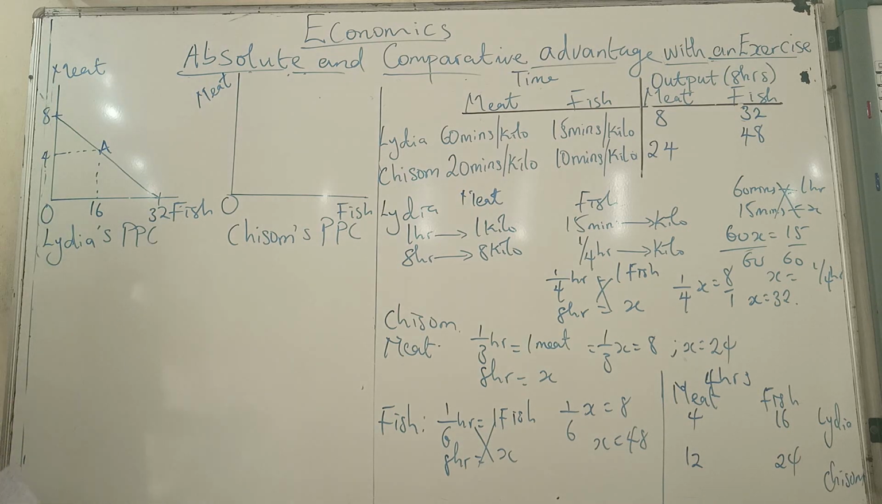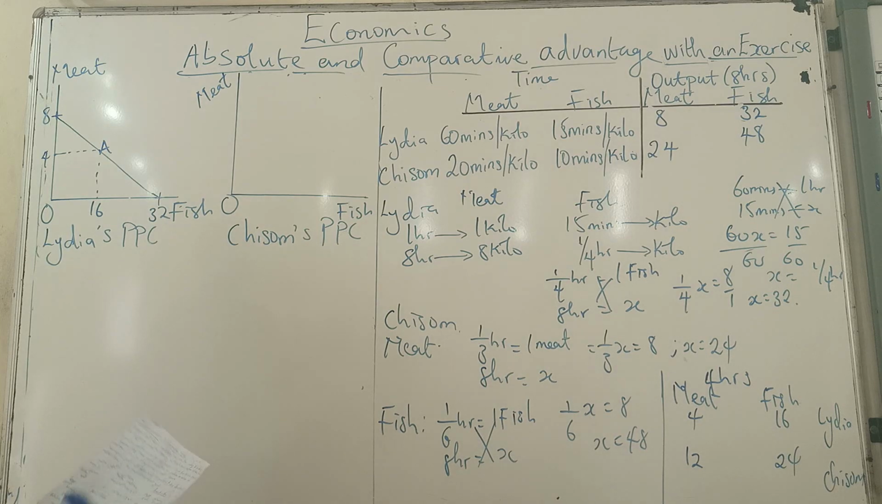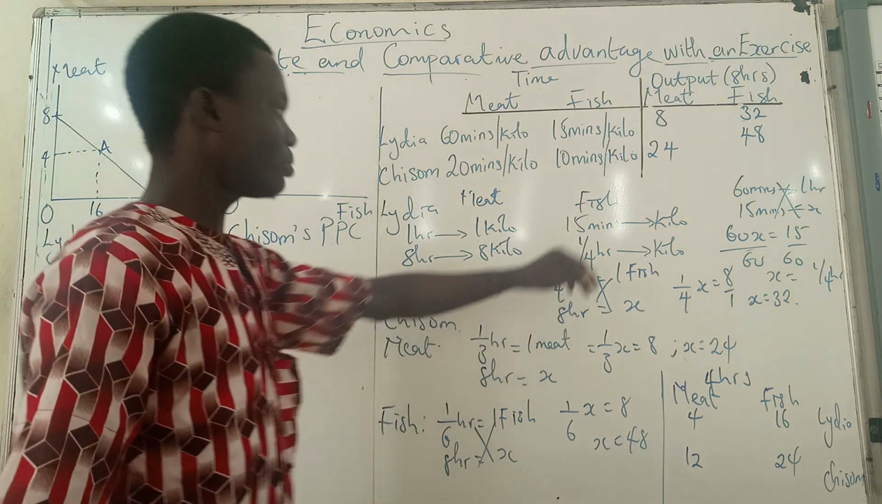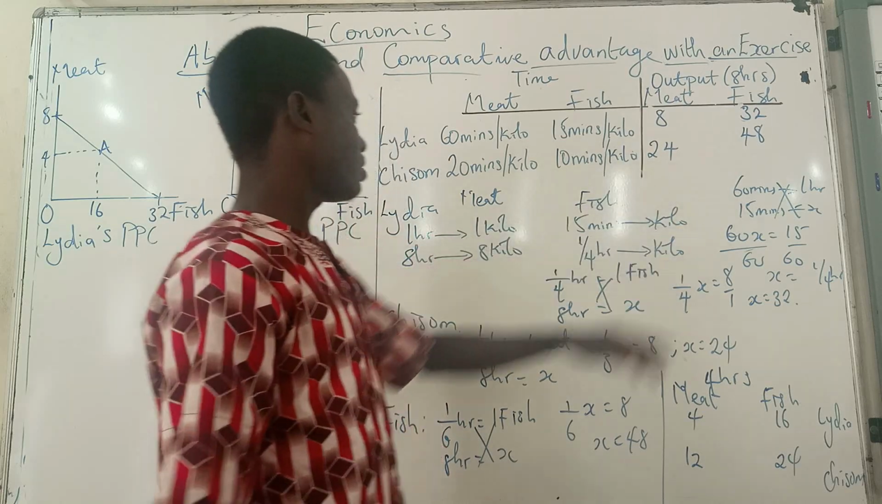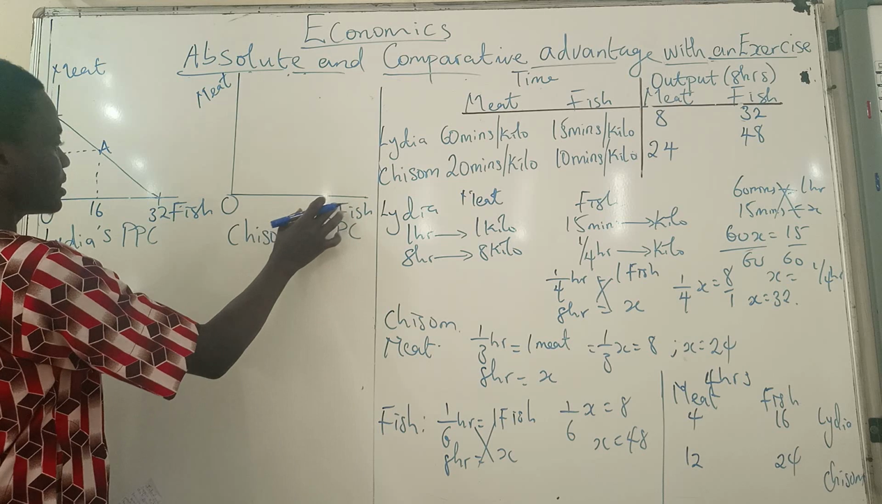Now since she's not trading at all, and she wants to consume the 2 commodities, so 4 of this and 16 of this. Now we'll replicate what we've done here for Chisom. Now, if Chisom decides to produce only meat, he's going to be having 24 kilo of meat and nothing of fish, so 0 of fish. So there will be 0 of fish, nothing on this axis, and 24 of